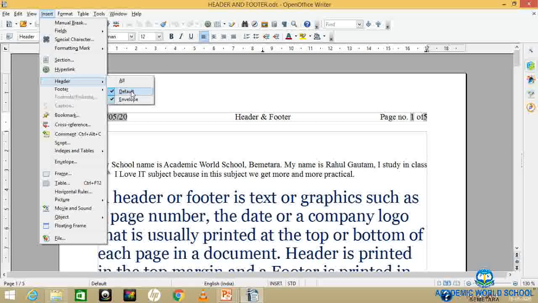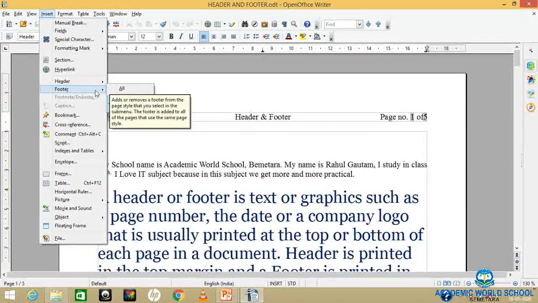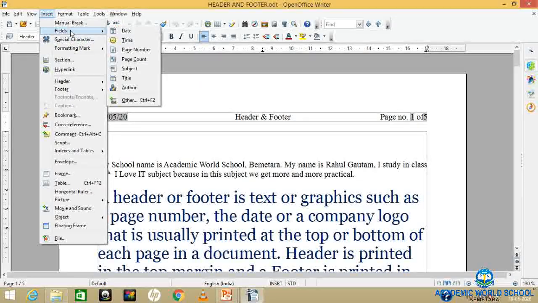Page number means the number of the page, like page 1 out of 5, 1 out of 6, 2 out of 6. This is page number. Page count means how many total pages there are.